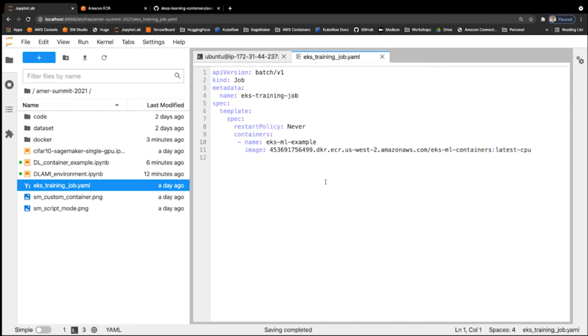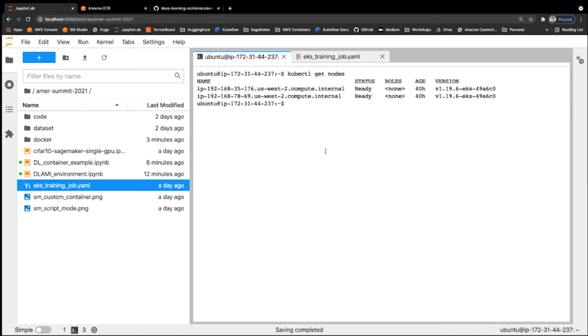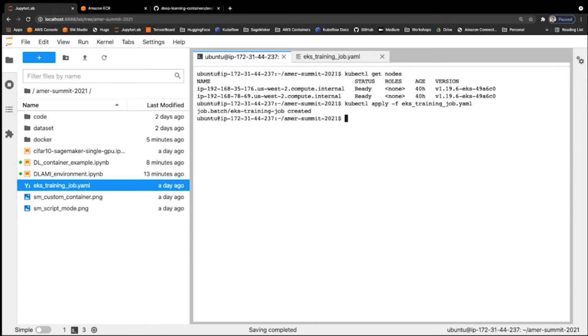So once I have this specification file written down, I can run a command like kubectl apply -f and provide the name of the specification file, EKS training job .yaml. Okay, so what Kubernetes did now is submitted this batch job, as you see here,